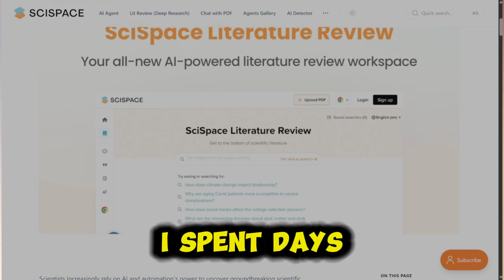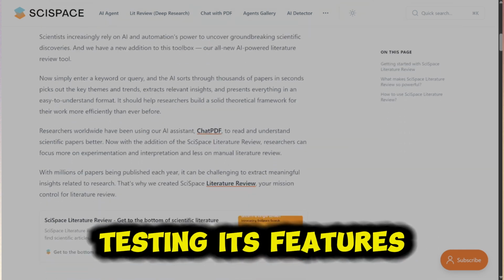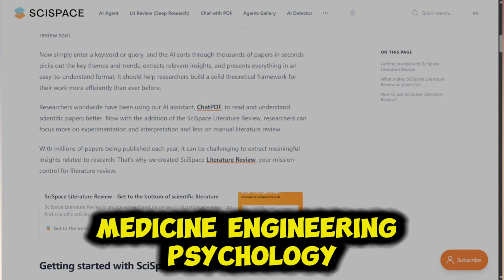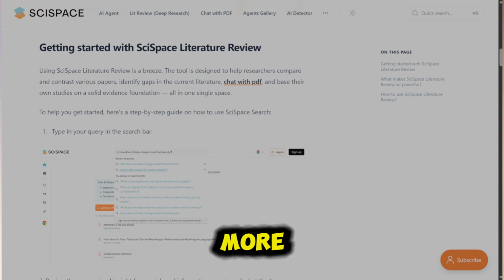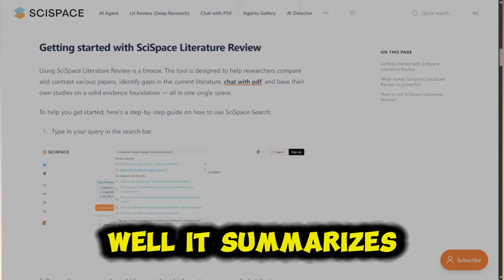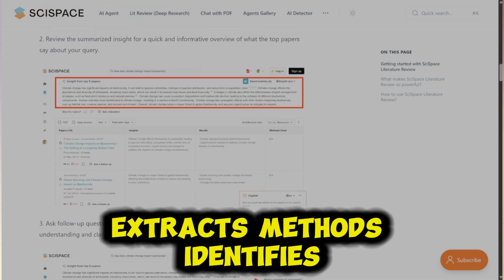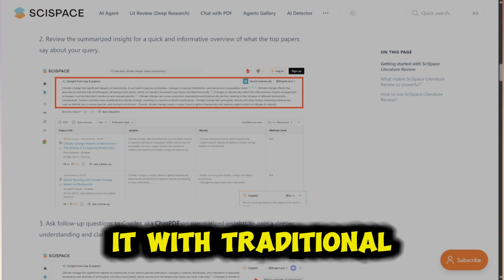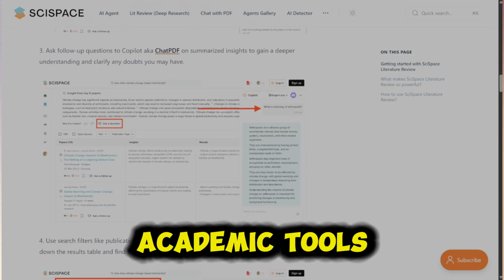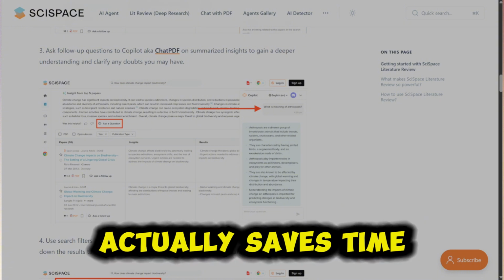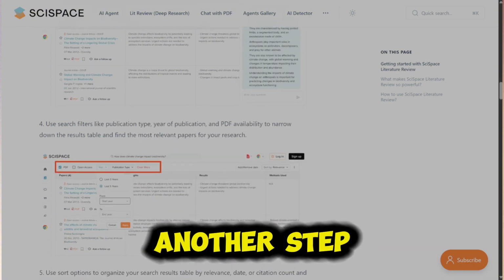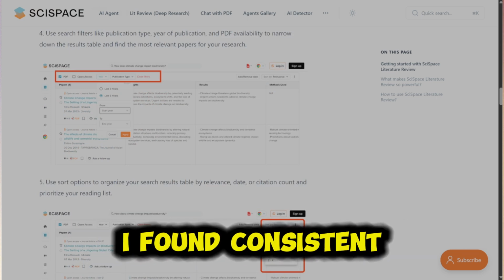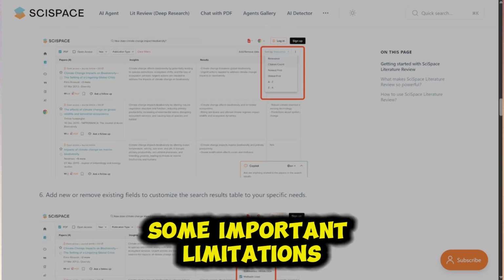I spent days researching SciSpace Literature, testing its features on real academic papers from multiple fields: medicine, engineering, psychology, computer science, and more. I analyzed how well it summarizes studies, extracts methods, identifies limitations, and explains complex sections. I also compared it with traditional reading workflows and other AI academic tools to see whether SciSpace Literature actually saves time, or just adds another step. After dozens of tests on PDFs, research articles, and high-level papers, I found consistent strengths, and also some important limitations